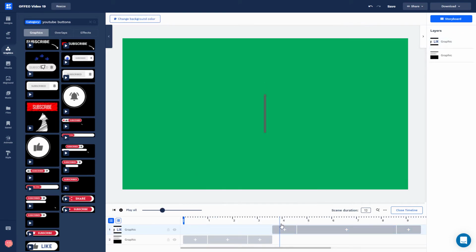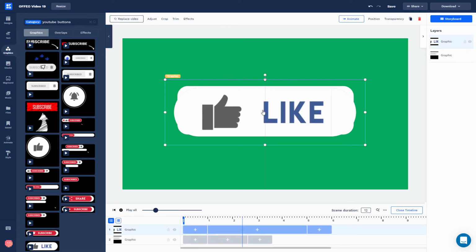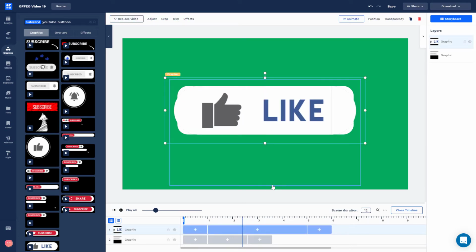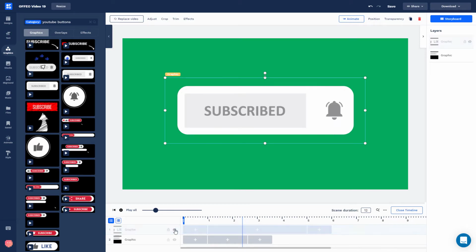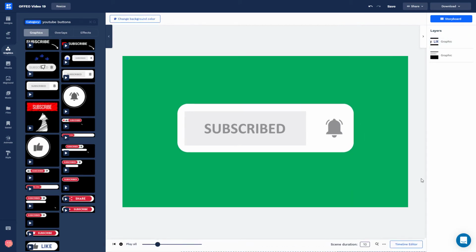That disappears, and now we've got a like button, and I want to make sure they are in the same place. So I'm just going to move this up ever so slightly, and now I'm quite happy it's in the same place. So if I do that, they're not the same size, but they are in the same place. So now I'm going to move this so it comes in afterwards. I'm going to close this, and now all we need to do is make it.